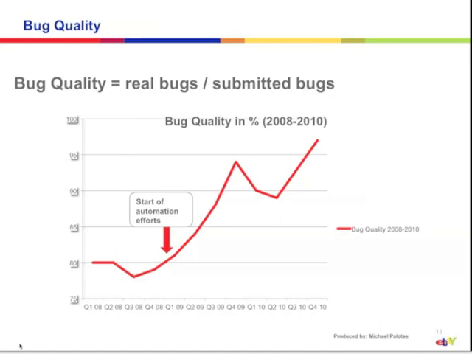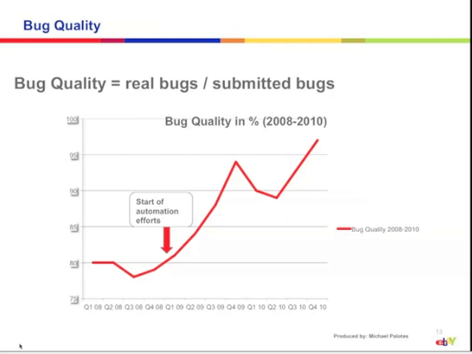And then the other thing, of course, is that the developer who gets this bug assigned to him also looks at it and has to try to reproduce it, and maybe spends 20 minutes trying to reproduce it, and then just finds out that, hey, it's actually not a bug. So you waste your own time, but you also waste somebody else's time. The higher this bug quality percentage is, the less time you waste of your own time and also of the developer's time.